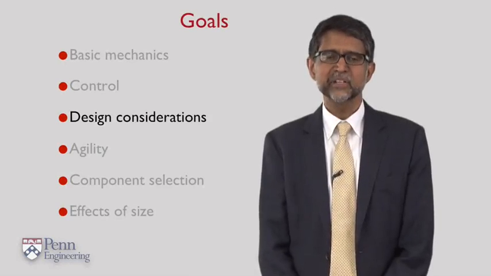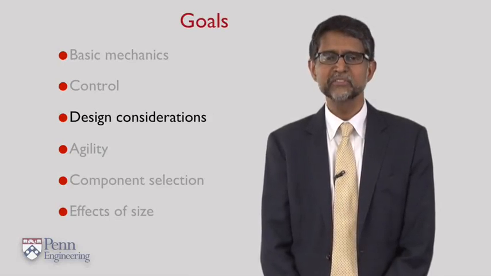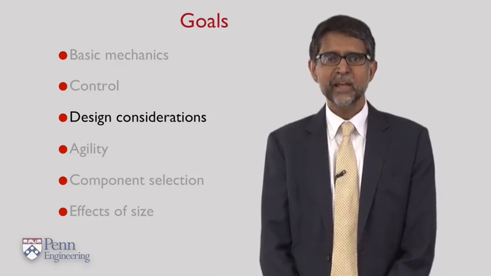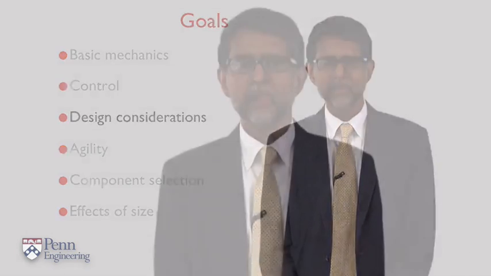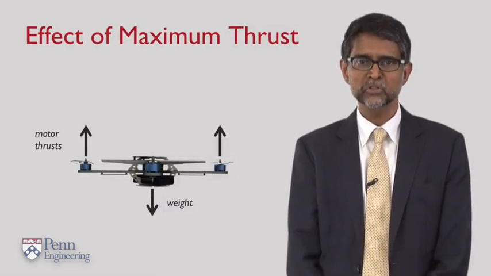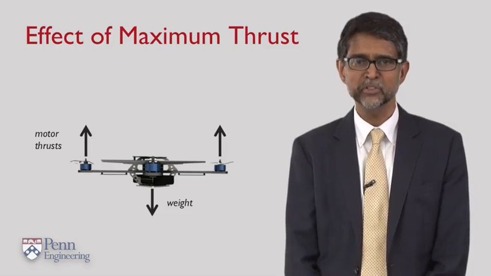In the previous segment, we looked at control using a very simple idealized model. What's wrong with that idealized model? The biggest thing that's wrong is that we assumed that the motors were capable of producing whatever thrust the controller required. So in reality, if you look at this model, the motor thrusts are limited because the motors have a